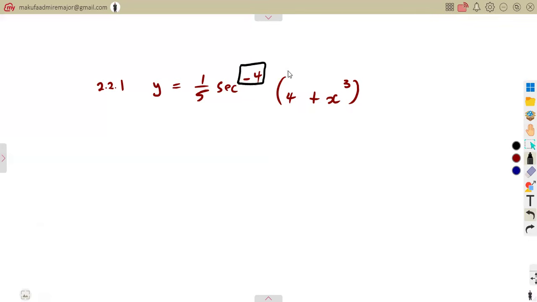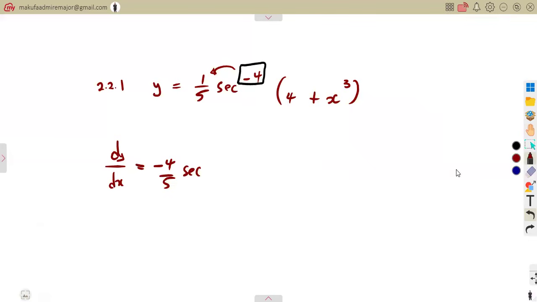Okay, so the first one, that was our 2.2.1, you're given y is equal to 1 over 5 sec to the exponent of minus 4, we have got 4 plus x cubed. So remember, when the simplification is not required, let's start with the power first. Focusing with the power, drop the power. Remember, you subtract 1. So the derivative of y with respect to x is going to be, if you drop the power, minus 4 times 1 over 5, it will be minus 4 over 5 sec